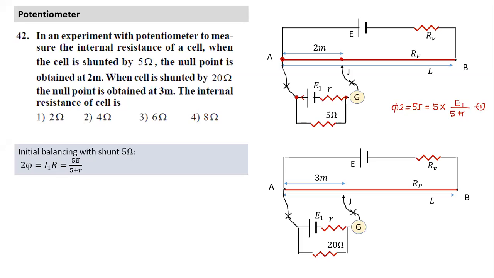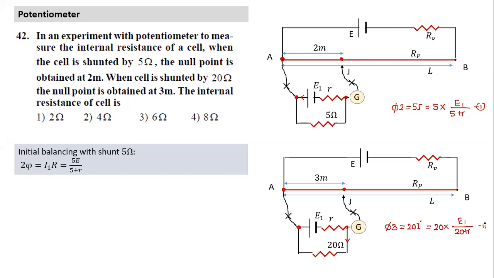And then the second case, this is the circuit. What has happened? Now it has been replaced with 20 ohm. So again, which 2 points have equal potentials? The potential difference between these 2 points is equal to the potential difference between these 2 points, which again I can calculate along this path, or I can take it along this path. So 5 into 3, now the length is 3. Phi has not changed. It is equal to 20 into I dash, 20 into current. That's the potential difference between these 2 points along this path. Let me write the value of current. Current is equal to EMF divided by the effective resistance in the circuit, which is 20 plus R.